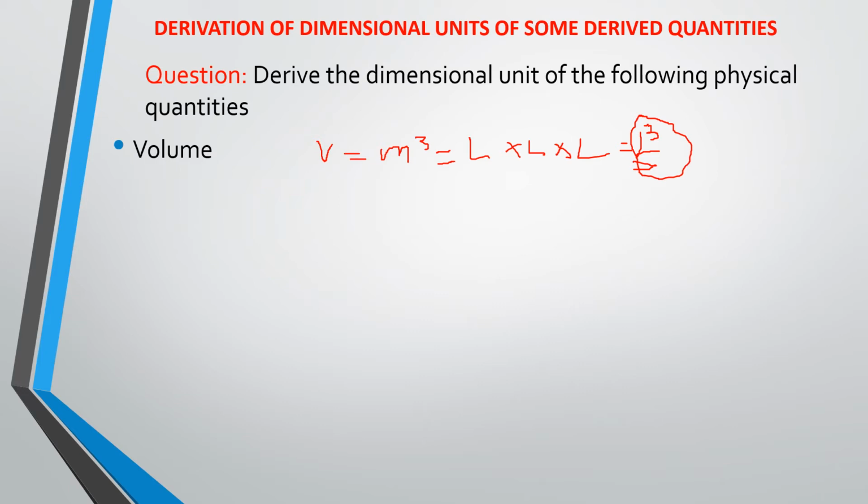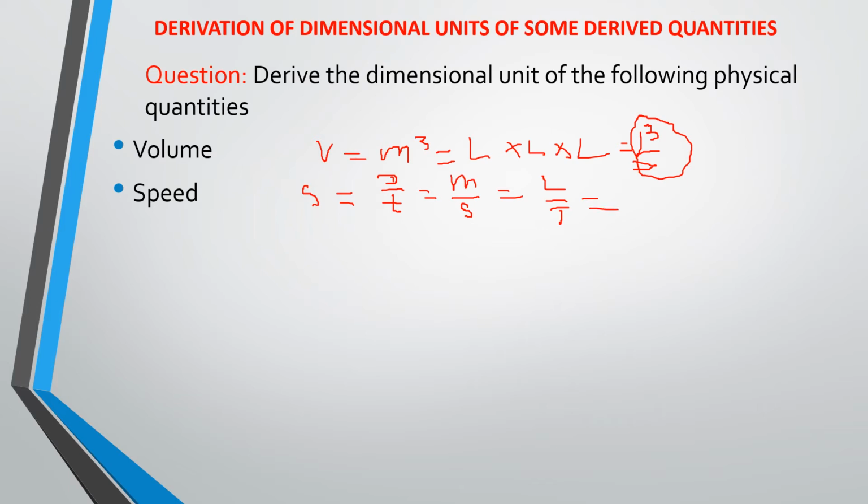Dimensional unit for speed. We know speed is given by distance S, distance all over time. That is speed. So distance is measured in meters, and time is measured in seconds. So I know that the dimensional symbol for meter is L, which means speed will now be L over T, because we said the dimensional symbol for time is capital T. So this will now be the dimensional unit of speed, L over T,